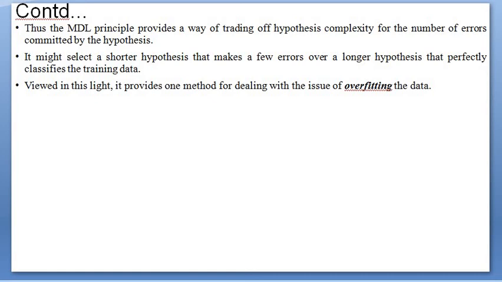So this is about the MDL principle. The MDL principle provides the minimum description length for the hypothesis, and if we apply this, the number of errors committed by the hypothesis will be very small and the complexity will be very low. What does the MDL principle always tell you? It tells you to always prefer the shorter hypothesis, the shorter description length. So this is about the MDL principle, and thank you very much.